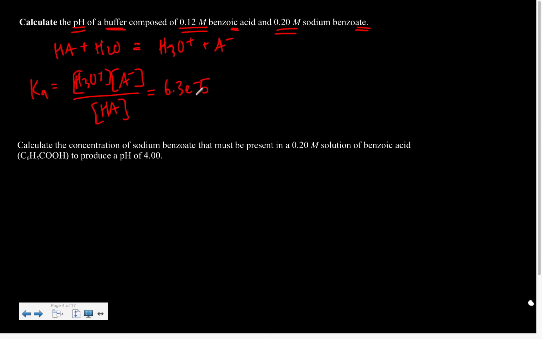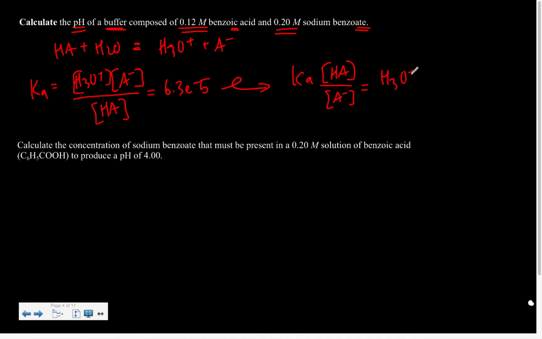So we have all of that, and I want to calculate the pH of this system. It depends on how you want to fill this out, but when we're talking about a buffer, it's easiest to rearrange this, like we talked about on the previous page, where I have Ka times HA over A minus